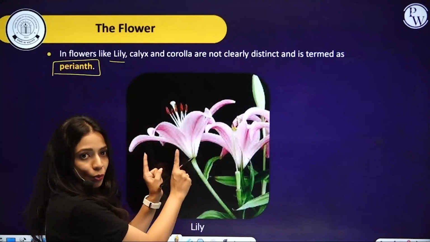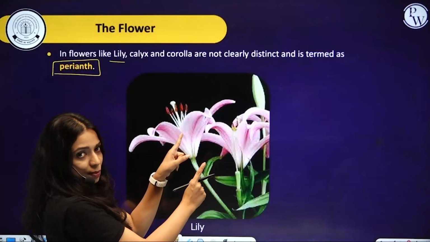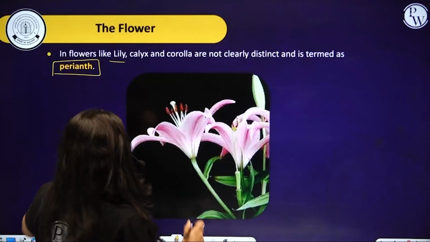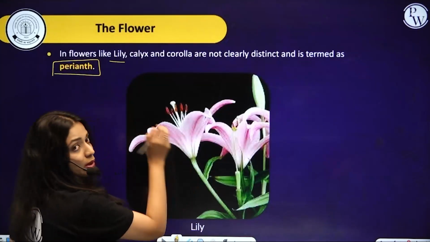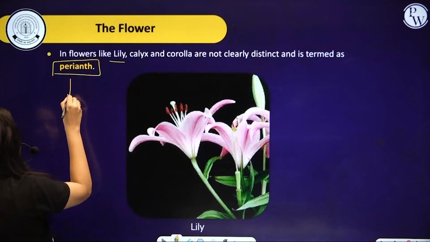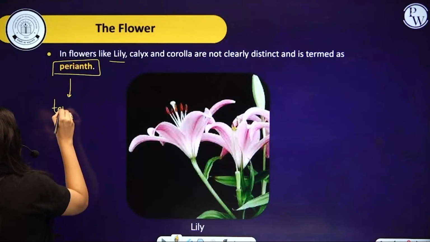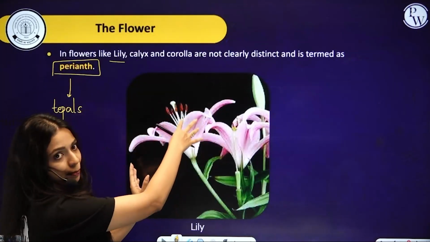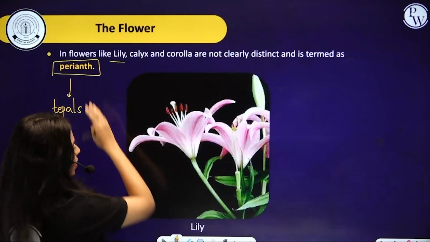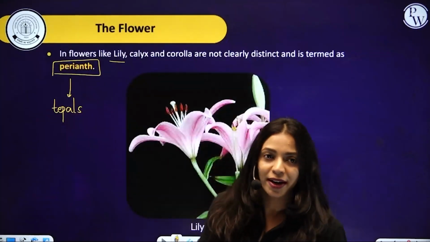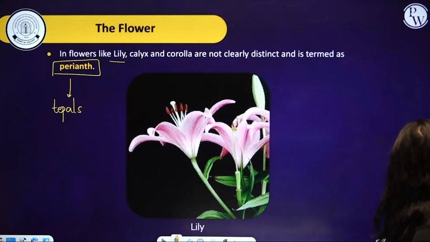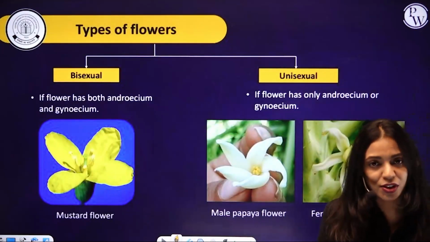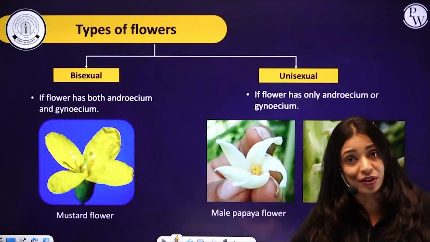There's just one whorl along with androecium and gynoecium, and that is referred to as perianth. Okay, and the units of this perianth, each individual member of this perianth, is called tepal. So a collection of tepals is what we call perianth. All right. Now let's talk about the different types of flowers based on whether they have only one reproductive part